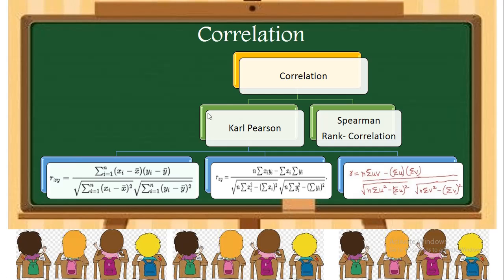And the third, which is the UV method, is very similar to XY, but when your X bar and Y bar are in points, that is, not full numbers, then we can use the U and V method. So in this video we will be solving correlation with the help of the first two methods: X bar and Y bar, where your X bar and Y bar are full numbers, and the XY method, when your numbers are small, which can be easily multiplied and squared.